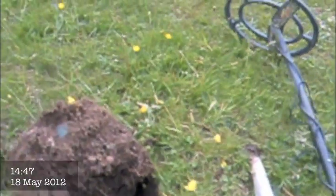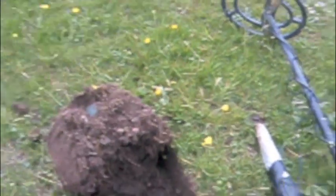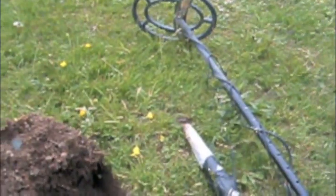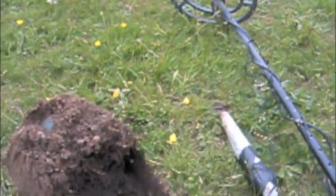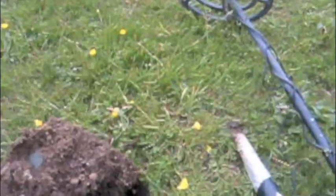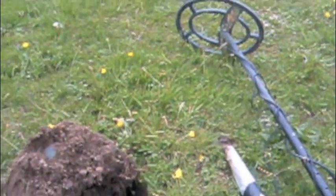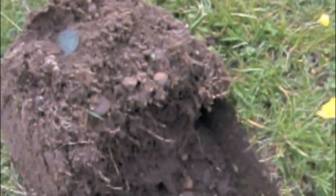Guys, let me give you a bit of background first. Along this row, and I've moved no further than 30 metres, I was plugging away on the other side of the path you can see there. And I've been plugging away at that for hours and hours and hours. And I've been finding a few coins, as you saw the 5 shilling bank token, which is one of my star finds at the moment, along with the shilling. And I came and I just thought, you know, a bit of Peacehaven's Jed intuition. I just thought, you know what, let's plug the other side of the path. And of 5 holes I've dug, 4 have been coins in the 30 metres,